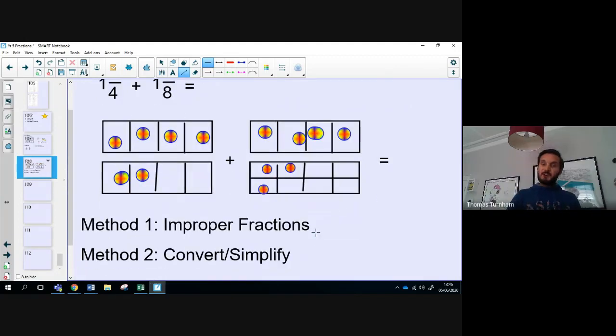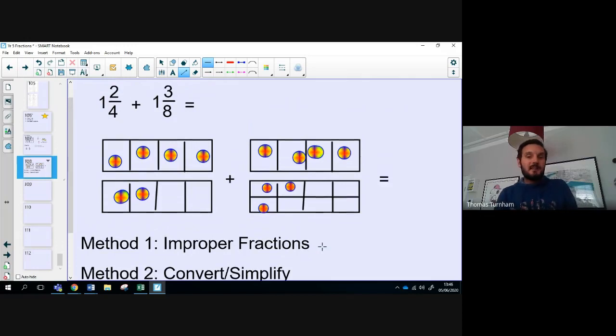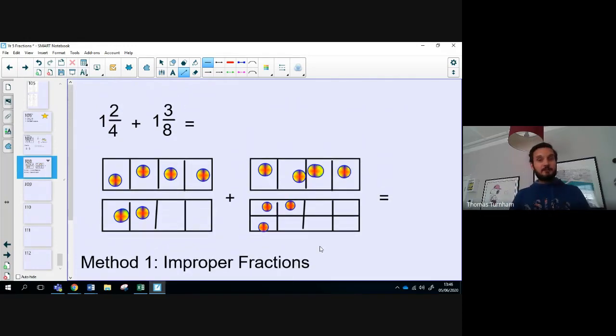And convert, when I say converting this time, I mean changing the two fractions so they both have the same denominator. So we've got two options. If we're going to turn them into improper fractions, that means we're going to change them from mixed into improper. So my 1.5, or 1 2/4, sorry, 1 whole and 2/4,